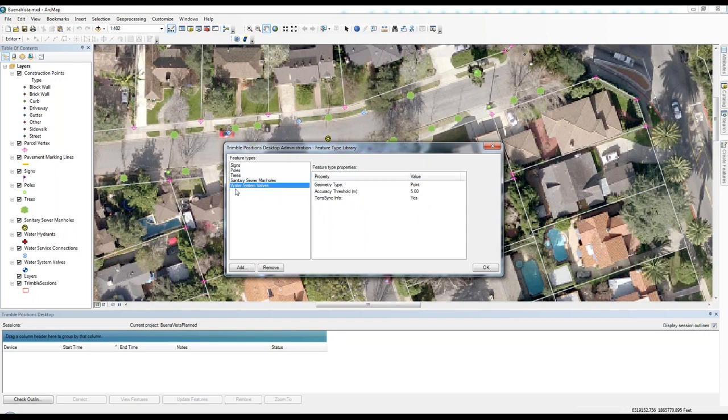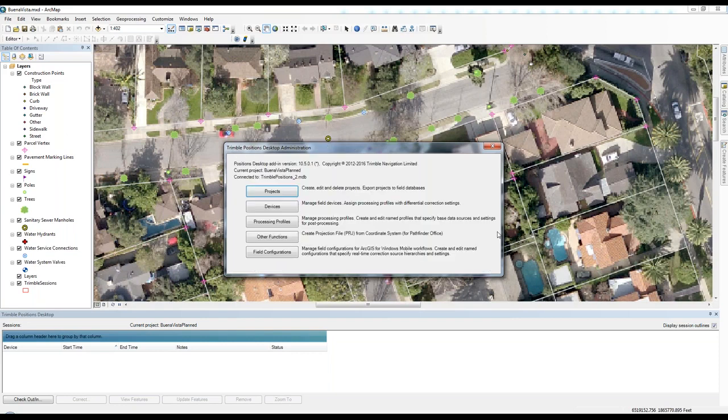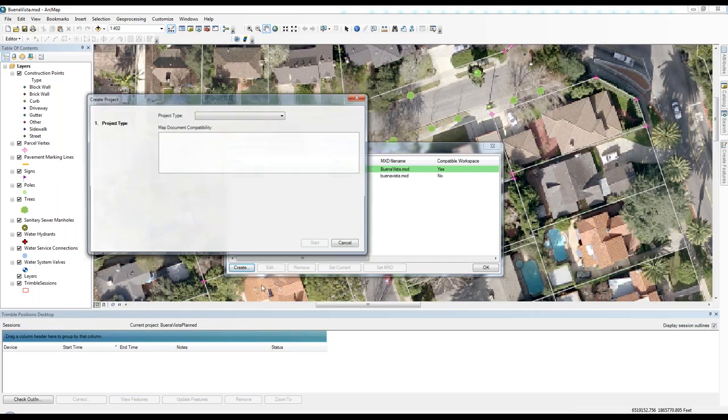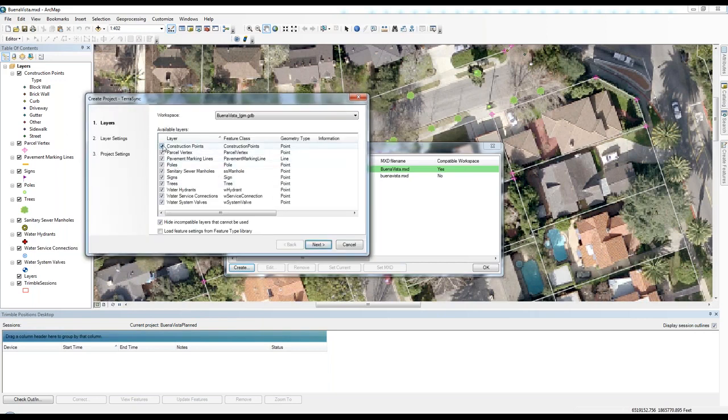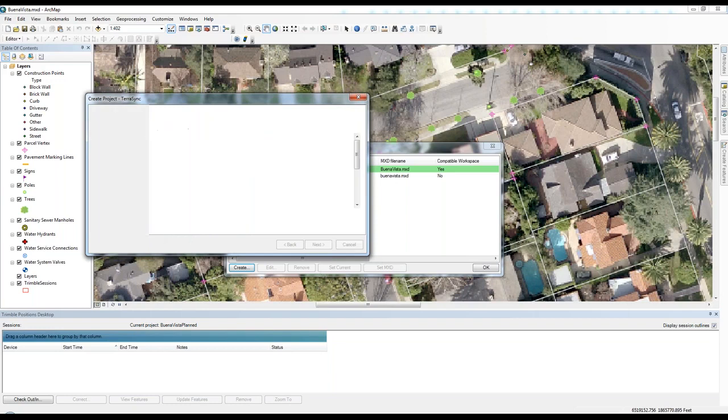So now, by these names, when I create a new project, I'm going to go ahead and create a new project, and I'll do the same thing. I'll do a TerraSync project, start a new project, and I'm going to remove some of these that I don't want. Let's see, I don't want hydrants or service connections. Now, this new checkbox at the very bottom says load feature settings from feature type library. If I check that and then click next,